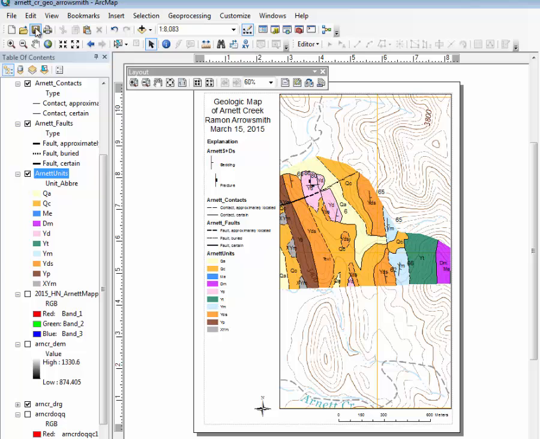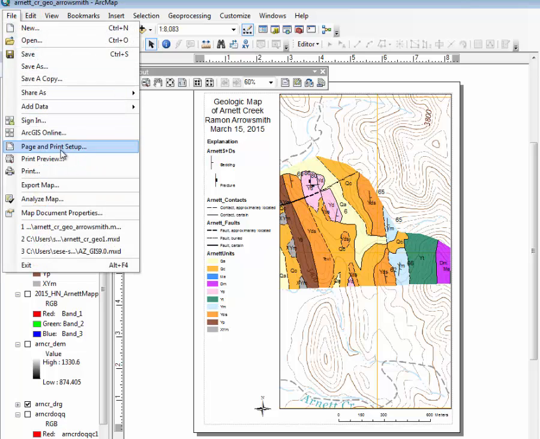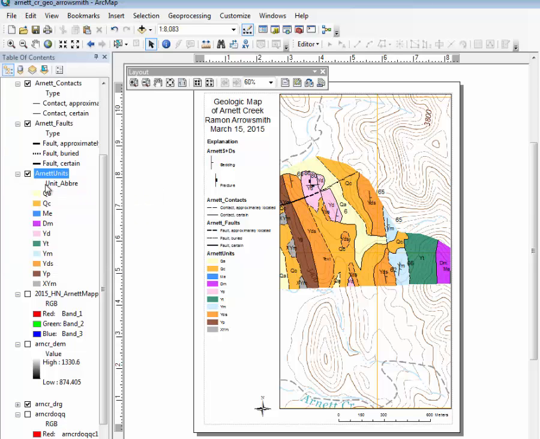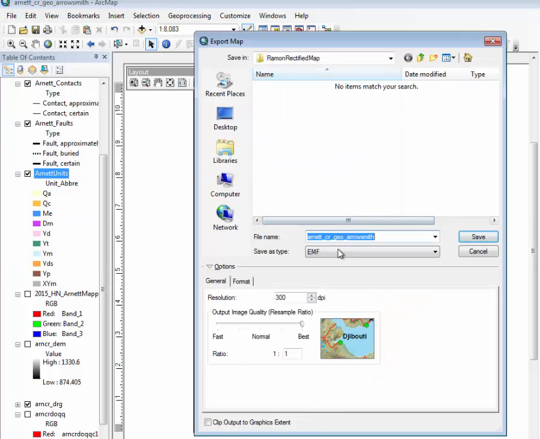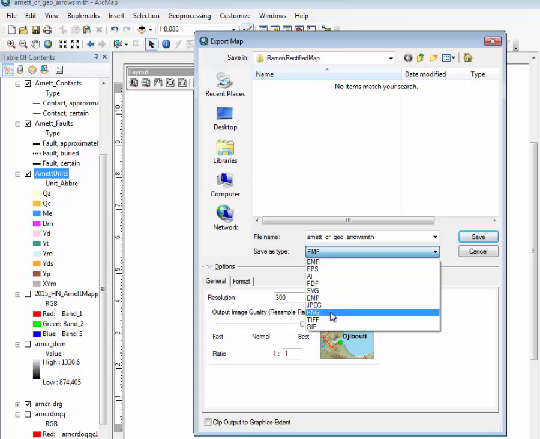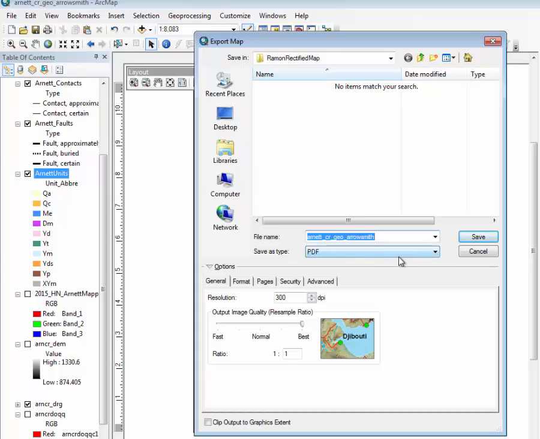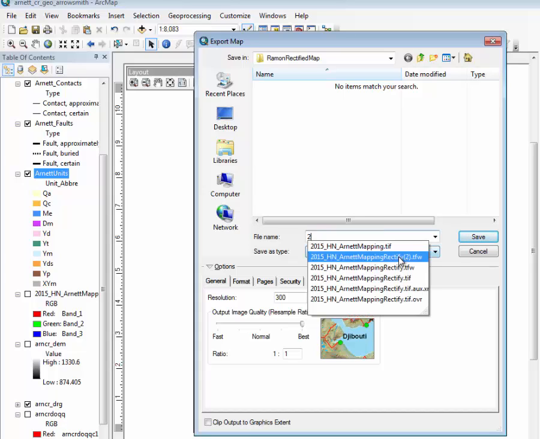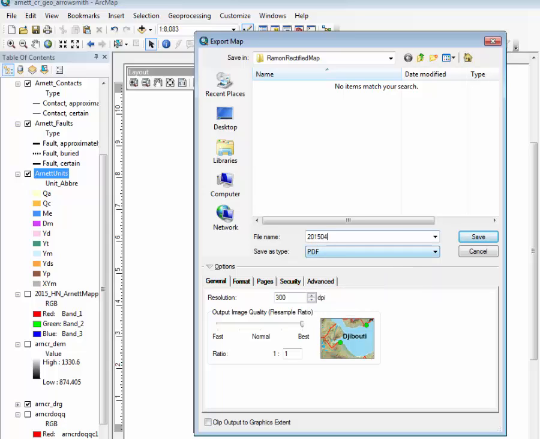So save. And then the final thing would be to export. You could just print it, but you can also export the map. And what you may want to do is export as a JPEG or something. Or what I usually do is a PDF, because that has the most information. So I can say, let's use the date as the file name, beginning,